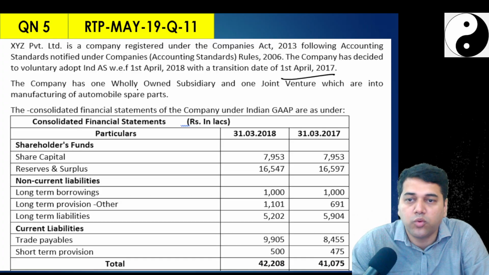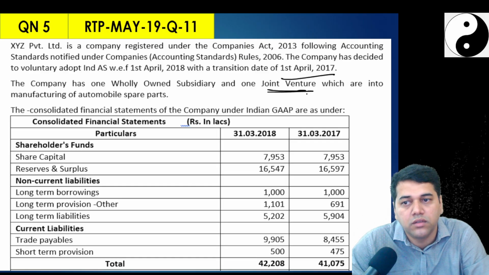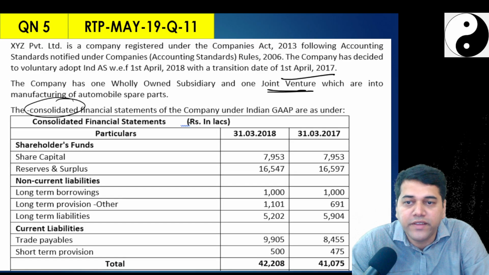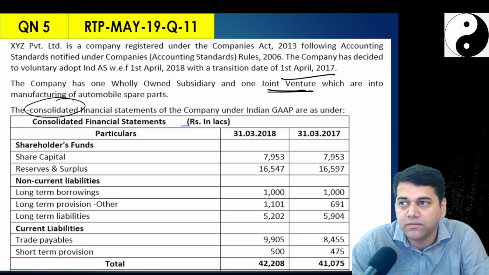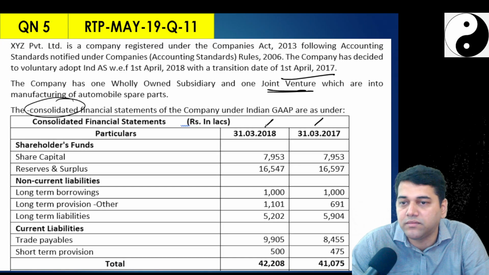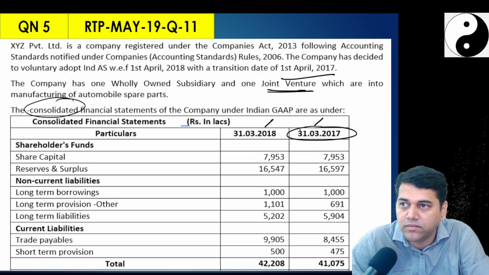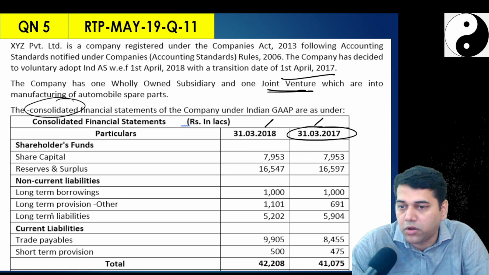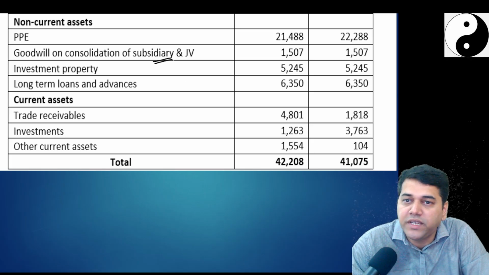The company has one wholly owned subsidiary and one joint venture. The consolidated financial statements of the company under Indian GAAP, which is the accounting standard, have been given. So they have given you 31st March 2017 and 31st March 2018. Now we need the opening balance: share capital, reserves and surplus, borrowings, other provisions, PPE, goodwill on the consolidation of subsidiary and joint